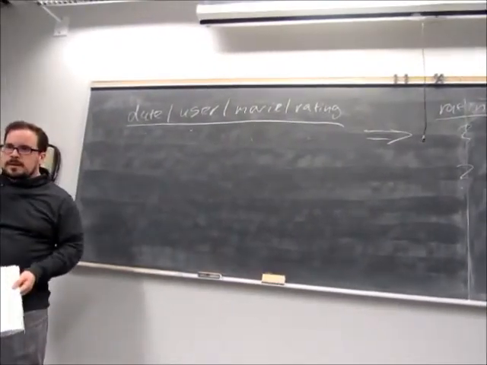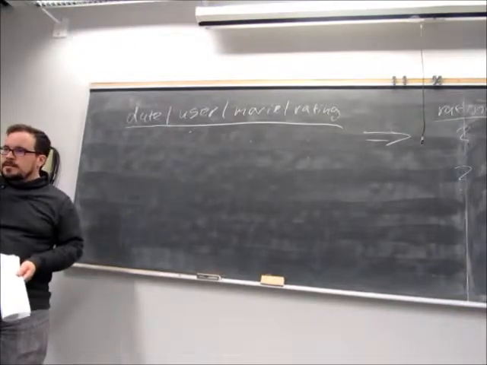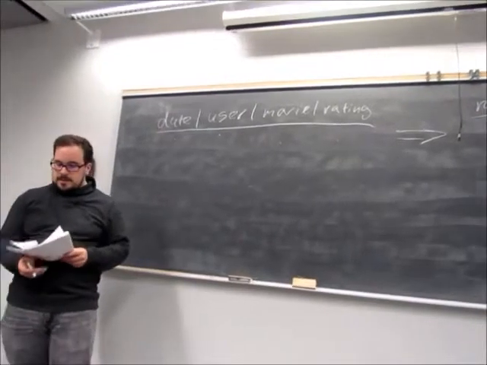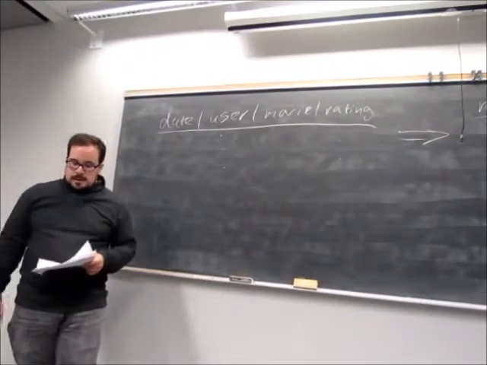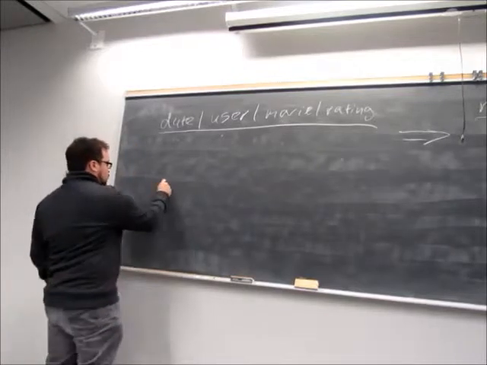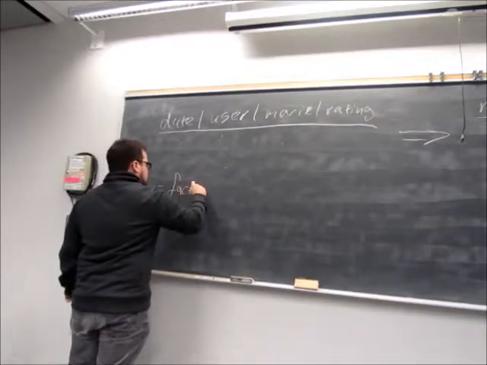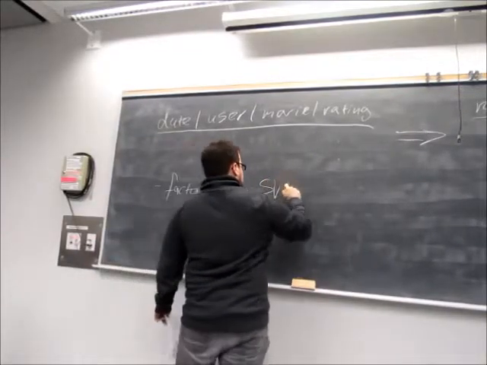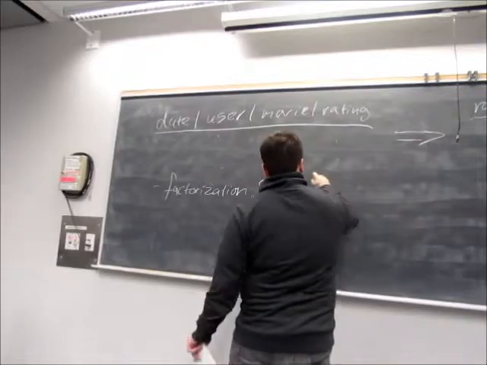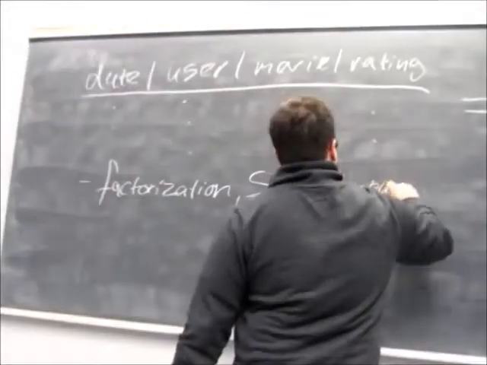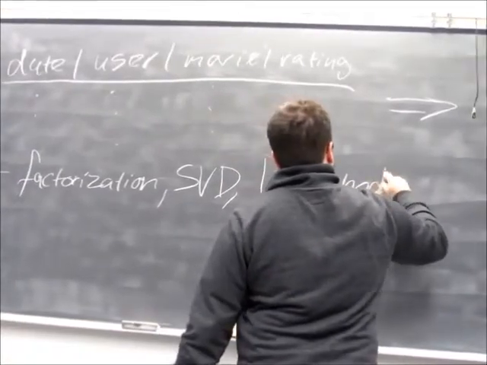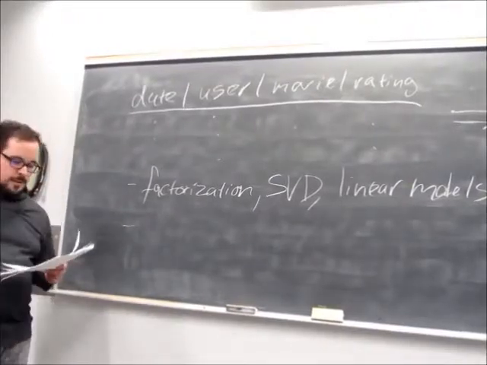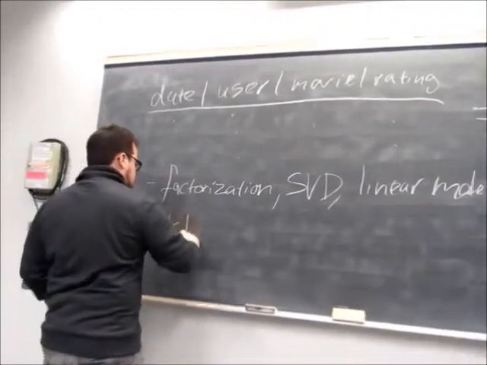Is everybody familiar with k-means clustering or k-nearest neighbors? I think some other popular techniques include factorization or just solving simple linear models. In general, people use the following techniques. So, factorization, SVD, what else do they use? Linear models. They also use a number of different clustering methods that you may be familiar with. K-nearest neighbors.